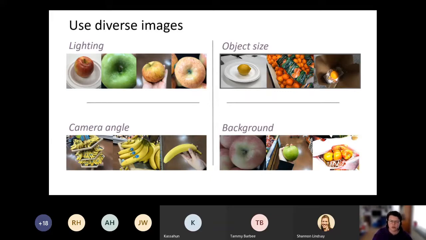So your model will work under a lot of circumstances, because a lot of times people will use this model on their phone, they take a picture someplace, so you don't know what the lighting will be, and you don't know how close or far away they will hold their camera, and you don't know what the background will be.